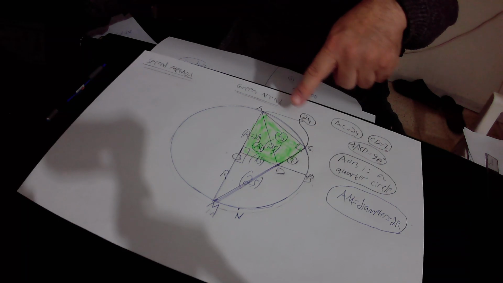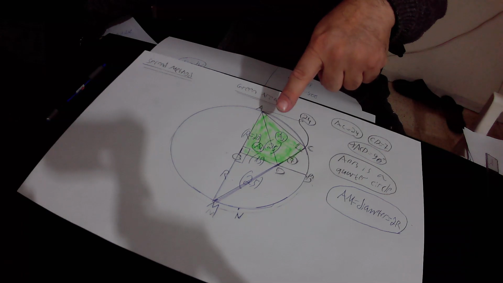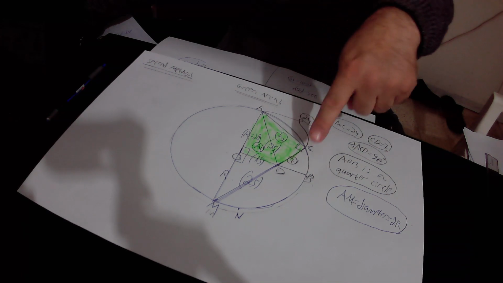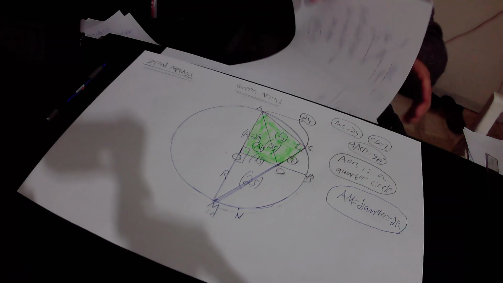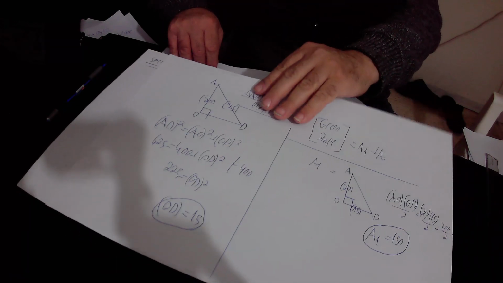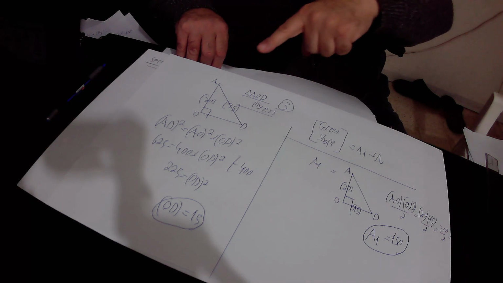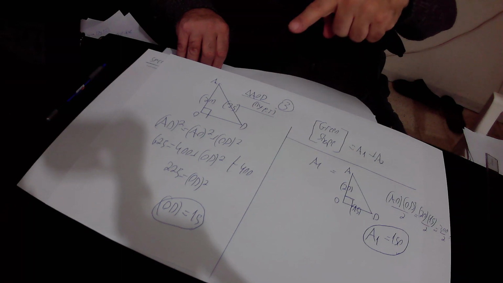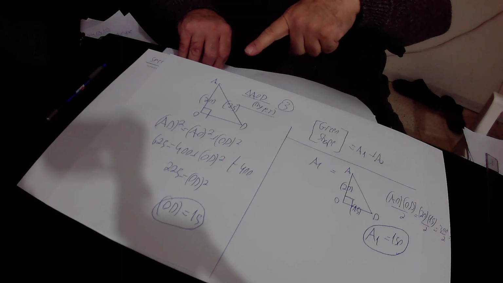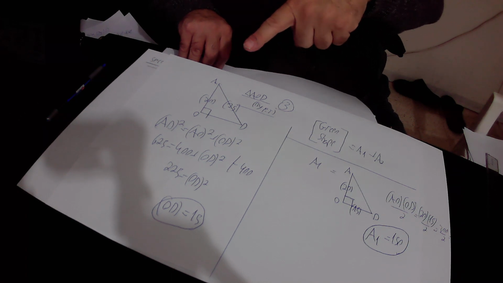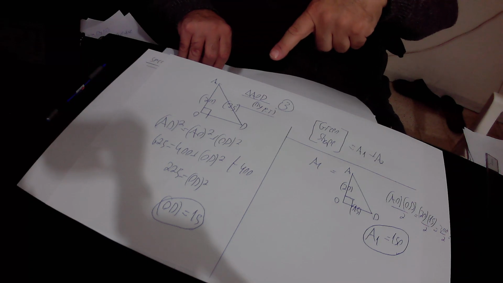Then I copied the right angle AOD in a new page and implemented the Pythagoras theorem in this right angle AOD in order to find out the missing side OD. This is the right angle AOD that I copied from the original drawing. AO is 20 units, it is the radius of the circle. The hypotenuse AD equals 25 units in its length, and according to the Pythagoras theorem, in this right angle AOD, AD squared equals AO squared plus OD squared. AD is 25, therefore AD squared is 25 squared, that is